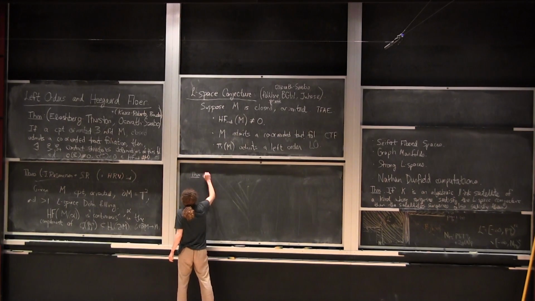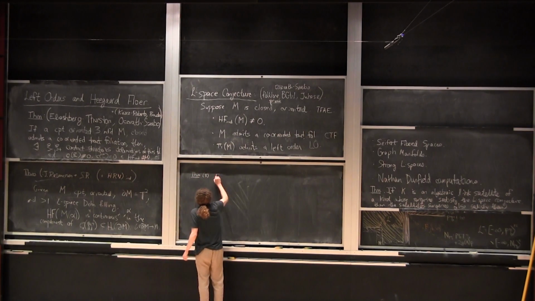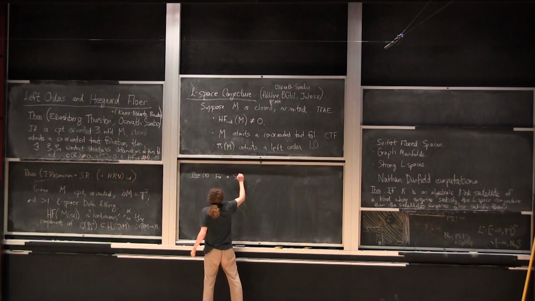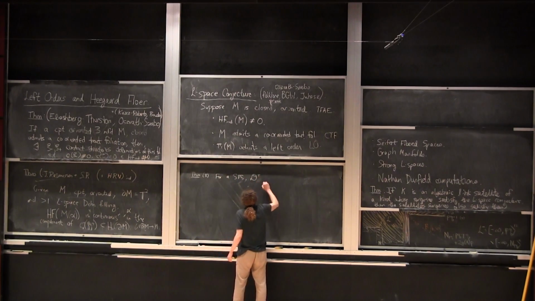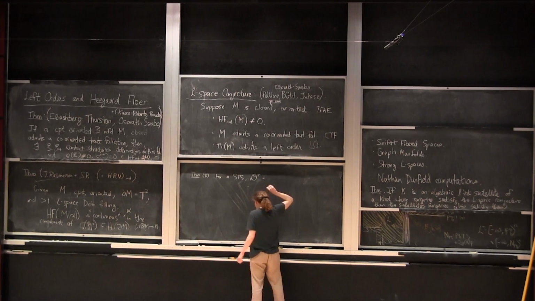So for a Seifert fibered space, the tau is given by